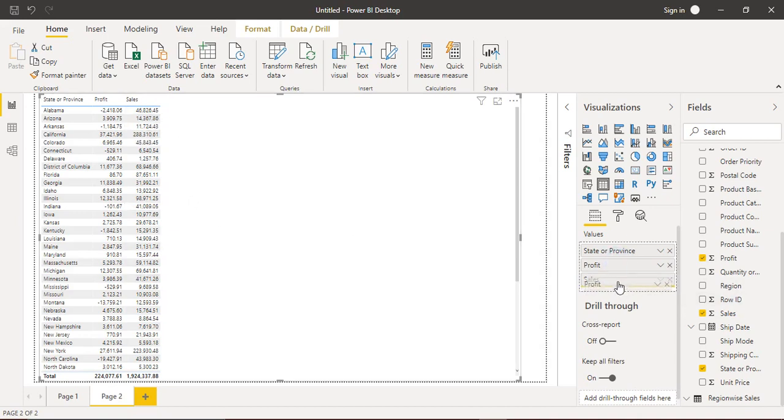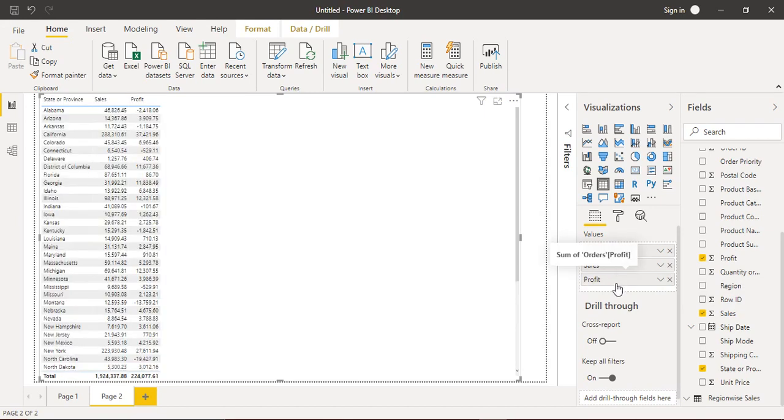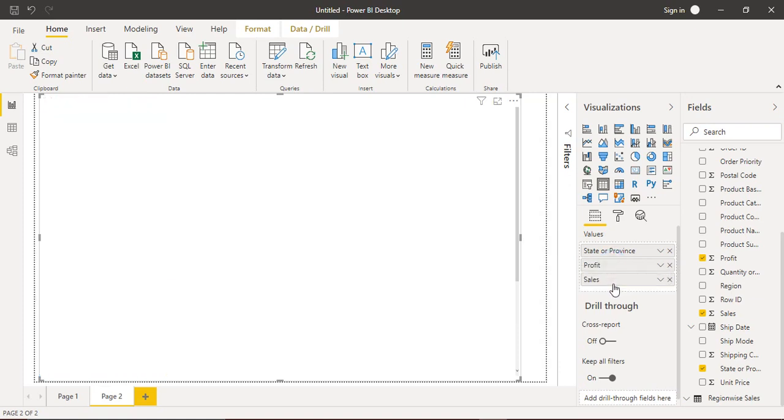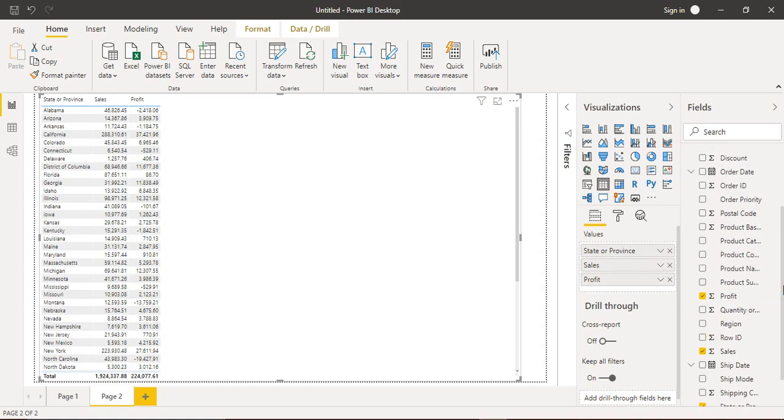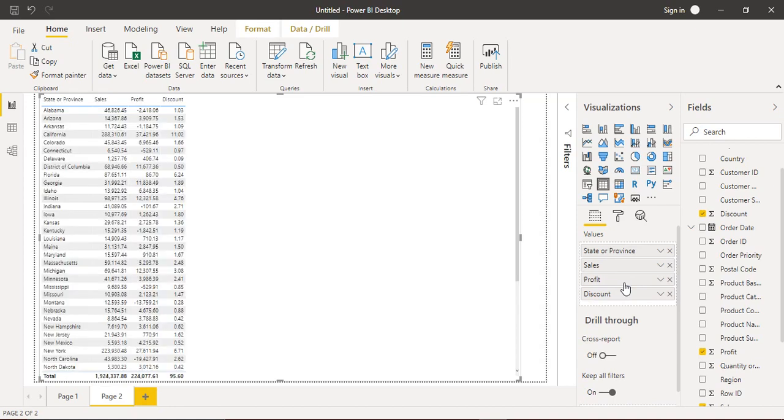And you can see that if I want, I can just drag these things and their order would be changed. Now it is state, sales and profit. If I want sales to be coming at the end, then I can just drag it and its order would be changed in the table itself like this. Okay, then if you want any other thing, suppose you want how much discount was given, you can just drag and drop this discount as well.